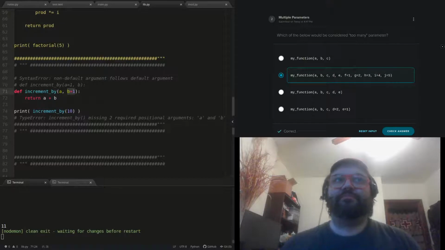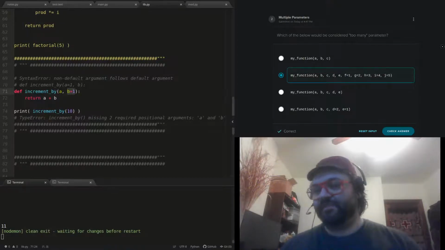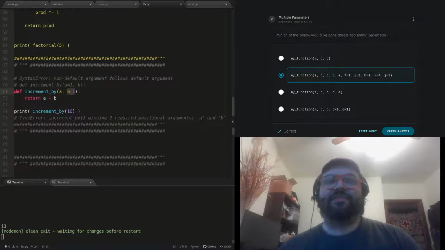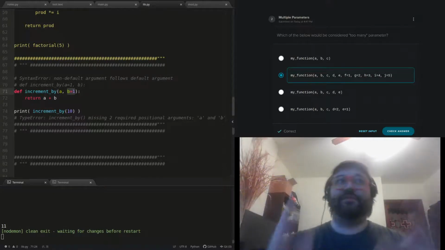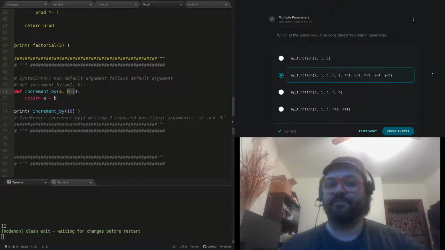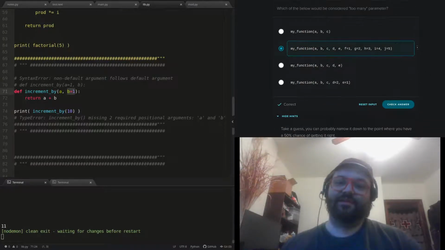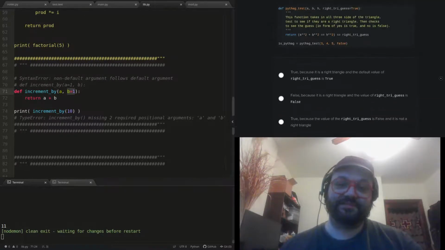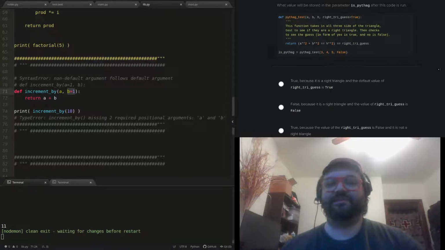Just in terms of what feels like too much. As a rule of thumb, 3, maybe 4 is a good limit. 5, I guess, if you had to, but more than that, and you start having to think, okay, do I really need to do this? Can I rearrange my code where I have this in other functions? And most of the time, I think you'd find the answer is yes. You can rearrange your code to not have that much. But there was a project that I did where I built a couple functions that just had a lot of parameters, and I stand by it. I stand by that being the right thing to do in that circumstance. But anyway,